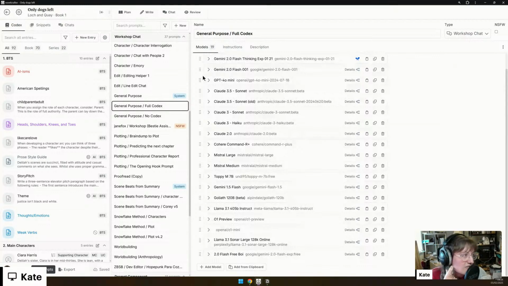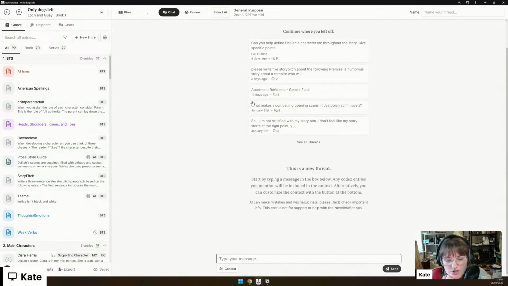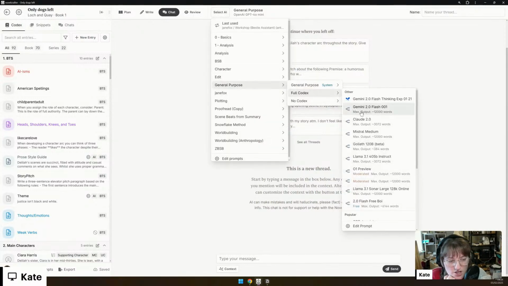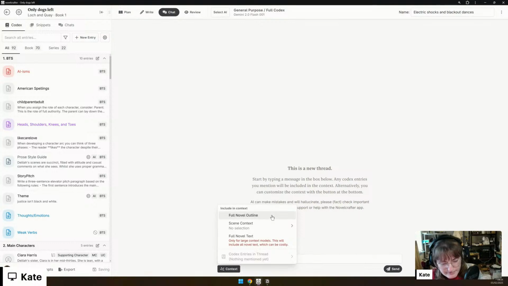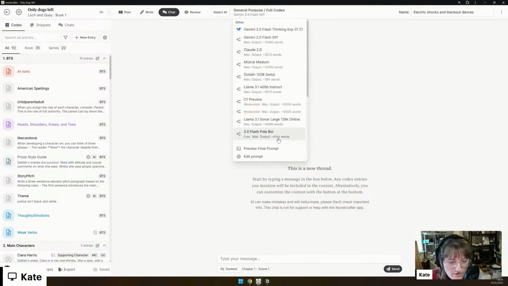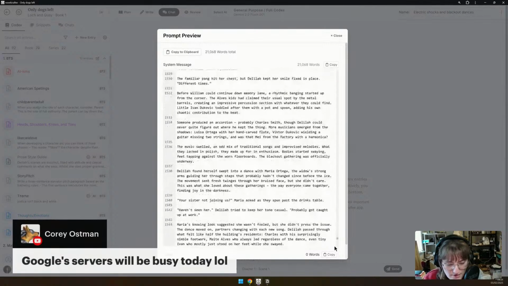So the new Flash model is out, which is kind of exciting. We'll see how that does. If I go into chat, I'm going to select AI, general purpose, full codecs, Gemini 2 Flash. Then I'm just going to give the scene context of this scene. There's nothing written in the scene, so if I go preview final prompt, I have a lot of codec stuff.